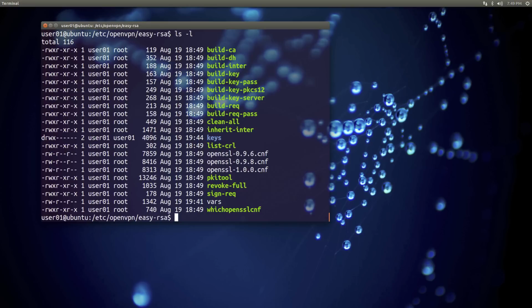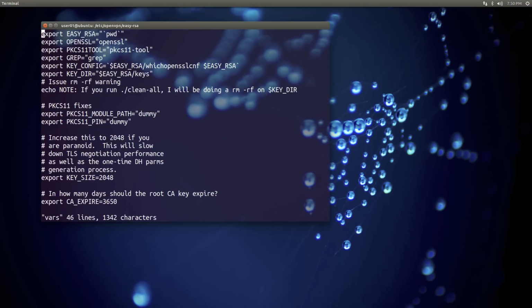So at any rate, we've got the files here, and here's the thing that took the long time. The PKI tool, actually almost all these scripts, depend on the values that are set in this vars file. So once you've got everything in this directory, you want to modify the vars file. And what took me so long was I stripped this down thinking that I didn't need all of these exports in here, for example, where OpenSSL was, the PKCS11 tool,